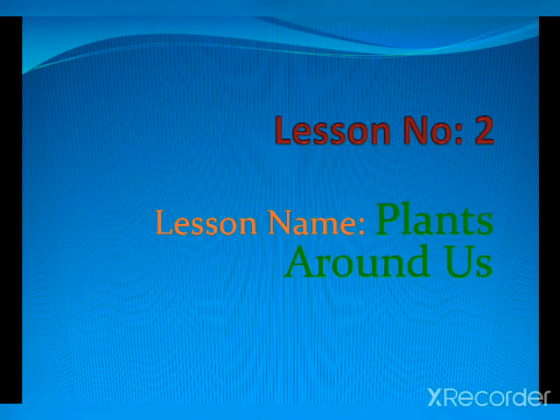Today we will revise chapter 2, Plants Around Us. You have seen many plants around you. As you know, plants are useful to us in many ways. You know very well, they provide many things to us like food, oxygen, medicines, wood for furniture, and many other things. Today we will learn about different parts of plants and their functions and other types of the plants.